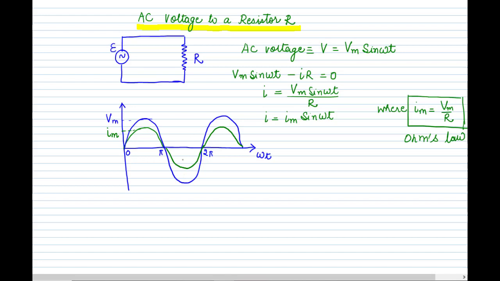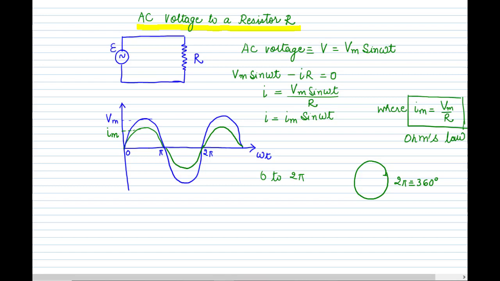So if you take the sum over one cycle, it starts from 0 to 2 pi. That is one complete cycle, because if you start from a point and then you go a complete cycle and come to the same point, that means it is 2 pi or 360 degrees. So our one cycle will start from 0 and it will end at 2 pi. For example, for the voltage, if we take from 0 to pi, that is plus, and pi to 2 pi is similarly minus. So this plus and this minus total will be 0 for the blue graph.